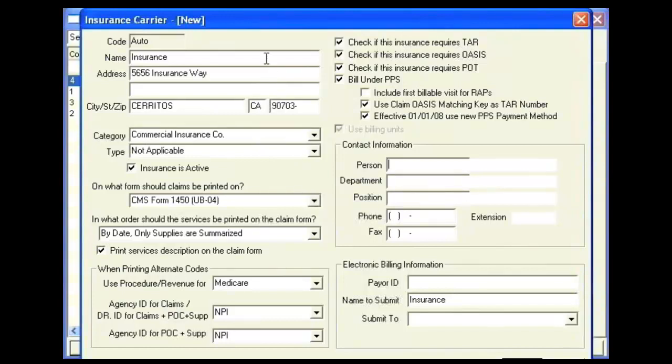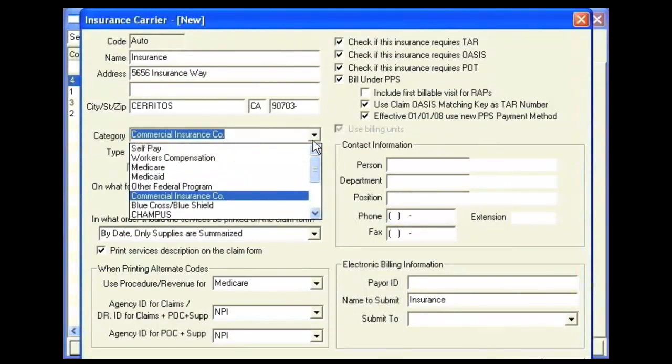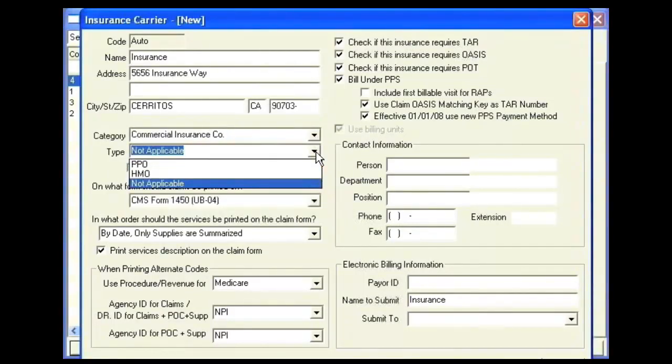First, you would start by filling out the name and address of the insurance company and assigning a category to it. You could either put self-pay, workers' comp, Medicare, Medicaid, commercial insurance, Blue Cross Blue Shield, and many others to choose from. You would then select the type of insurance, whether it's a PPO, HMO, or in this case it would be not applicable. Make sure that the insurance that you're entering in is active,